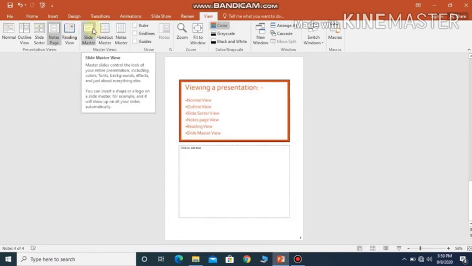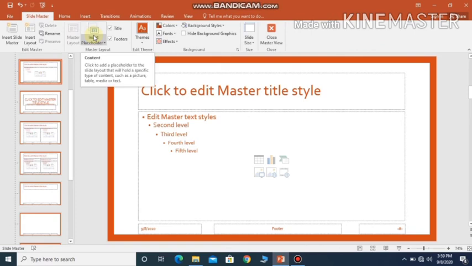Hope it is clear. And the next type of a view is slide master. Okay, hope you can see here. So this is the next type of view. So once you click on the slide master view, you'll get a screen like this. Okay children, so the slide master is an element of a template that stores information including font style, placeholder size, position of a text and objects, bullet styles, background designs, and color schemes. So in other words, we can just tell Slide Master is just like a template which you can ready to use. It is a ready to use formats. Only thing is you have to make changes to the contents.